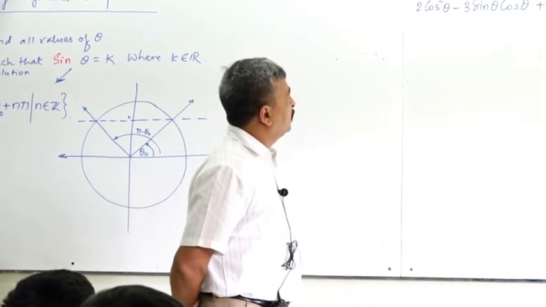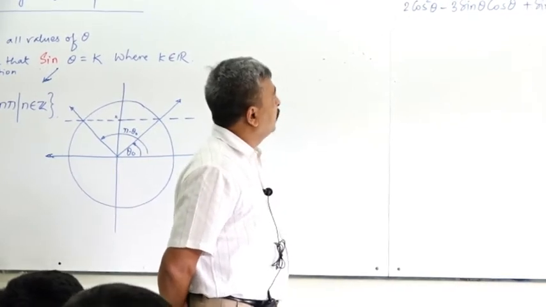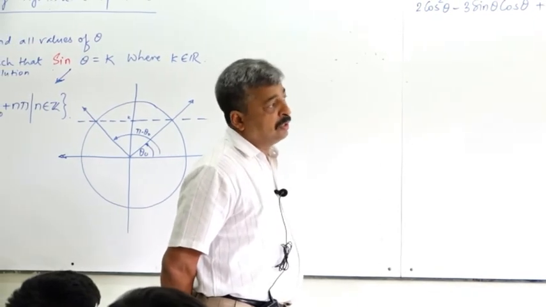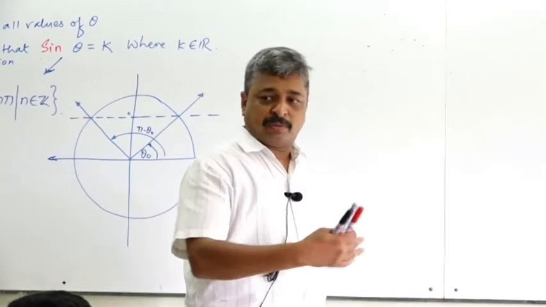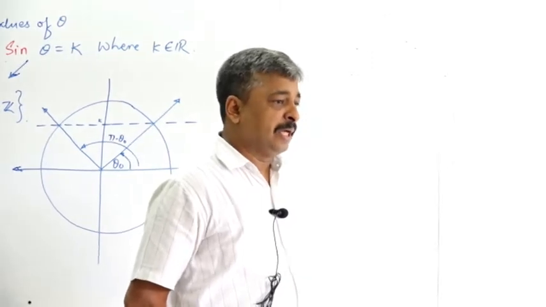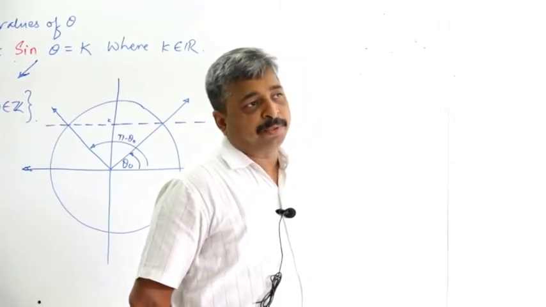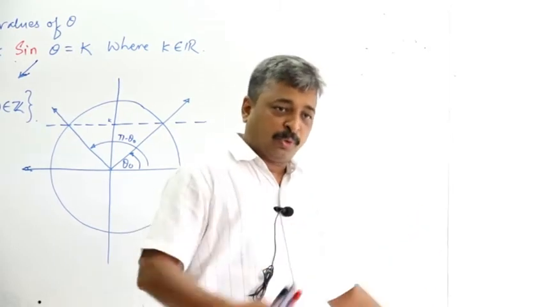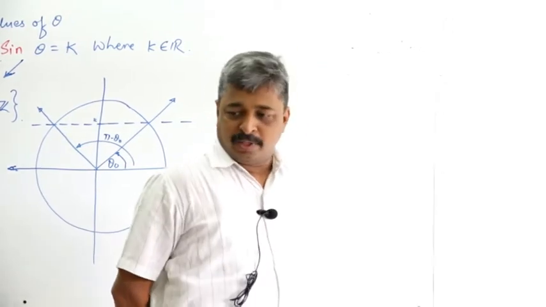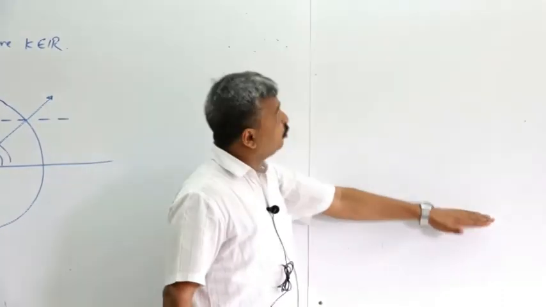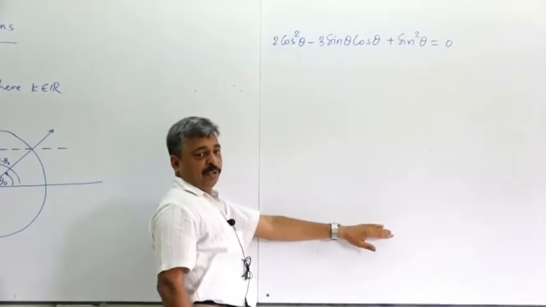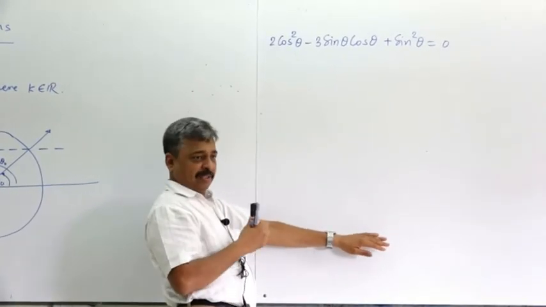I will explain what precautions we need to take. It is very important that when we are solving any equation, if we square both sides for solving purposes and then get the answers, then because of squaring you are unnecessarily adding some roots which may not be solutions of the given equation. Finally, the solution set that you get should satisfy the given equation, because that is what we are searching for. And if you get something extra which is not satisfying it, then those are wrong answers.